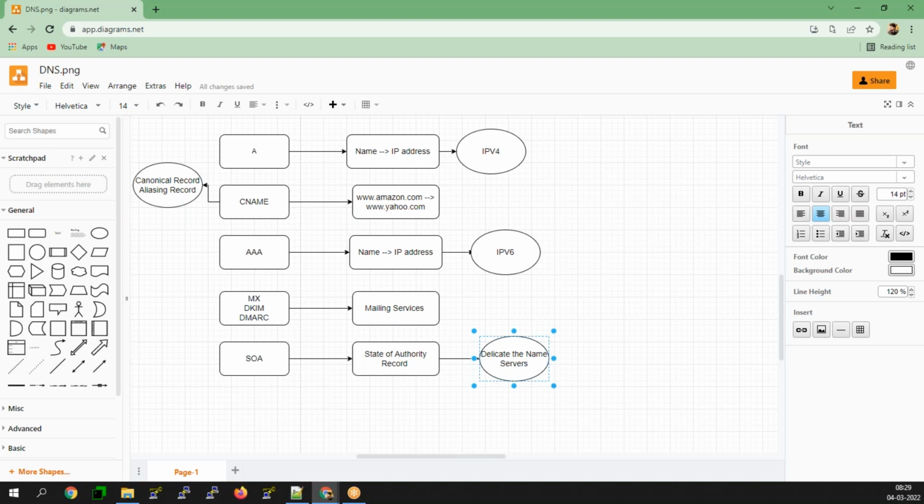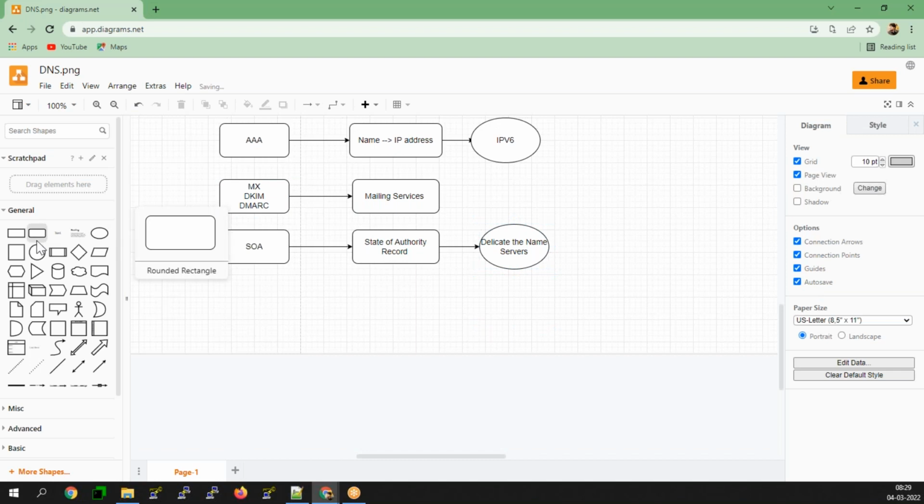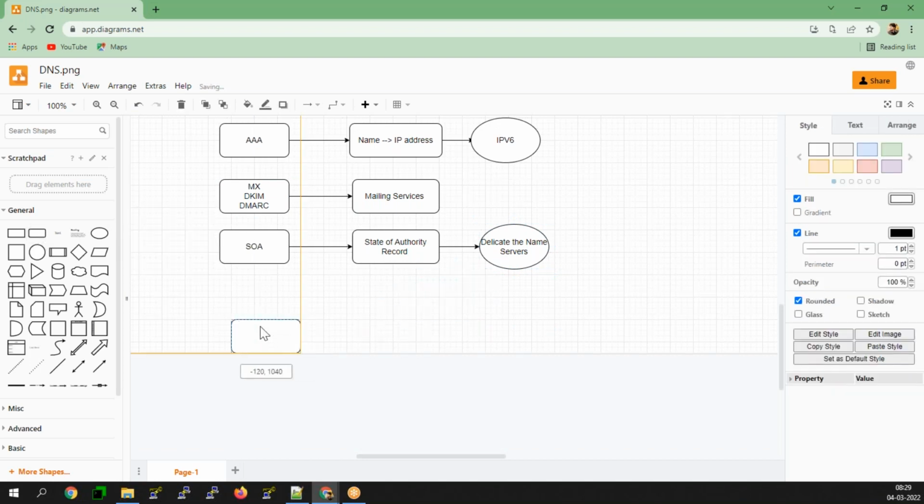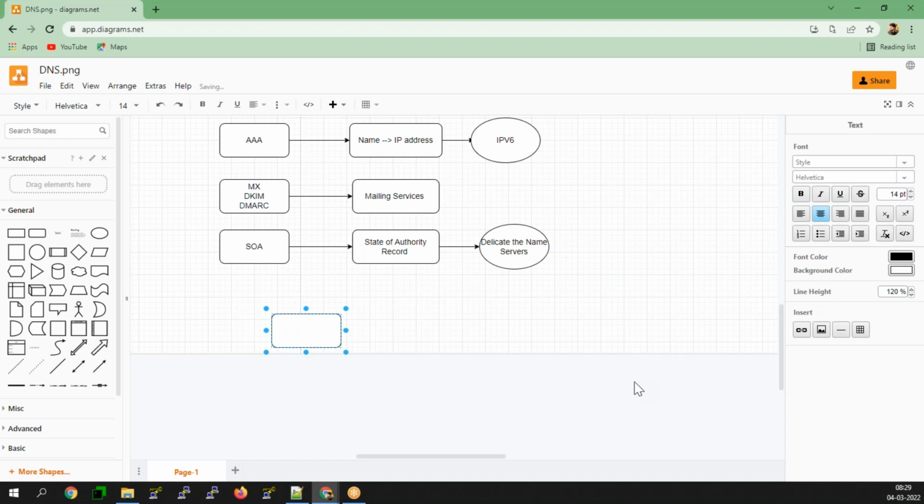CNAME, what I understood, is it kind of redirection happening? It's a canonical record, an aliasing record actually. Let's say suppose you are calling Ganesh, but it should route to Pramod. That is a canonical record. Now you've been calling www.amazon.com, but where is it routing in your real-time environment?